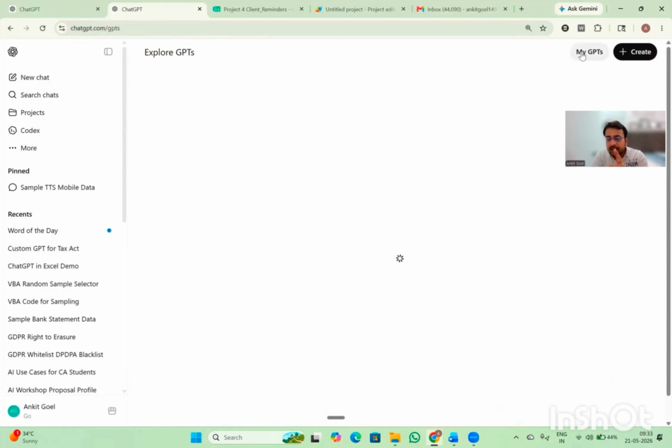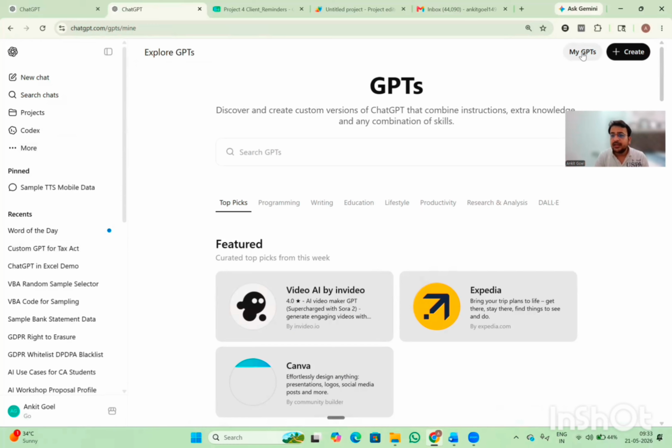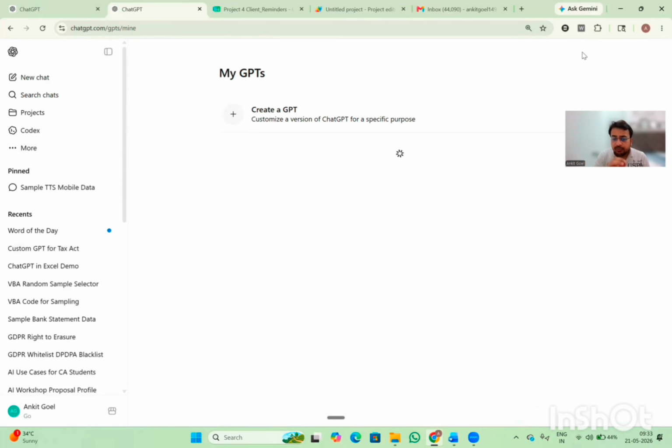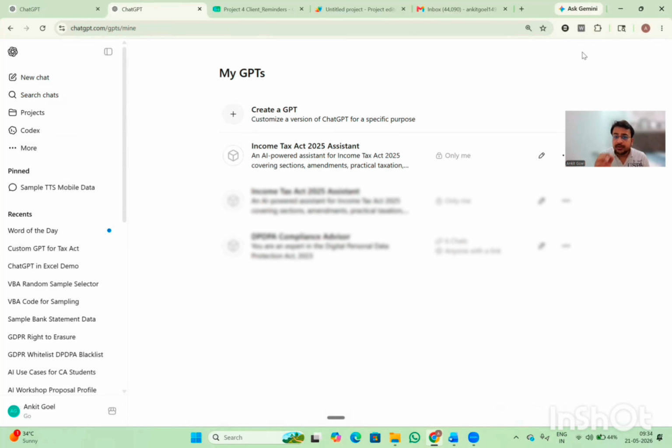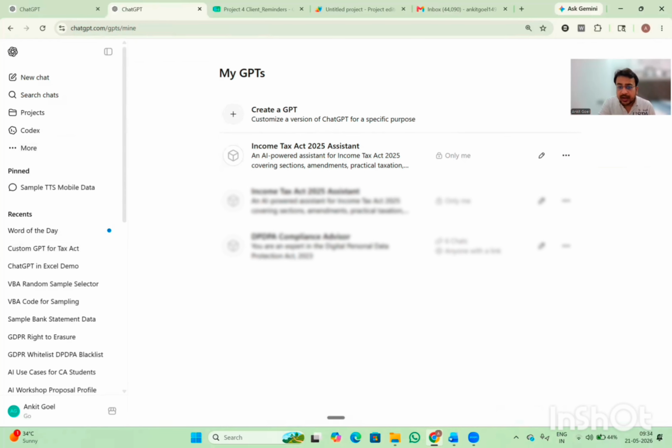Here, on the right-hand side of the screen, there's a My GPTs option. Once I click on My GPTs, you will find the GPT which you have created. I have created this GPT right now. And in this way, you can create your own custom GPT